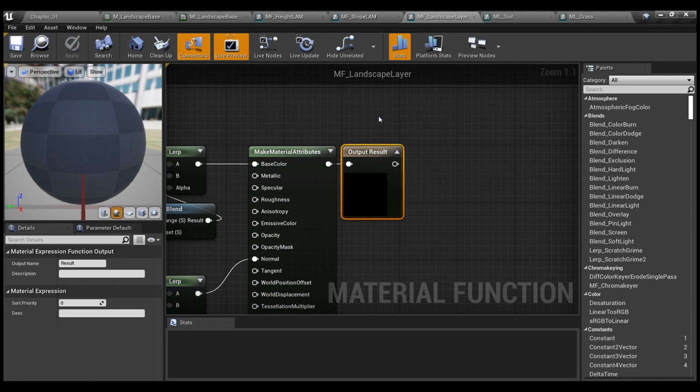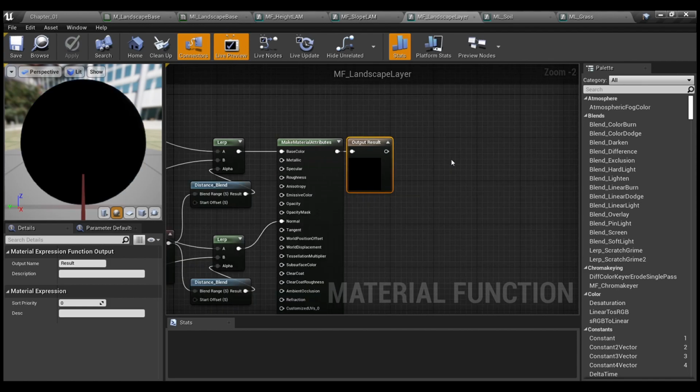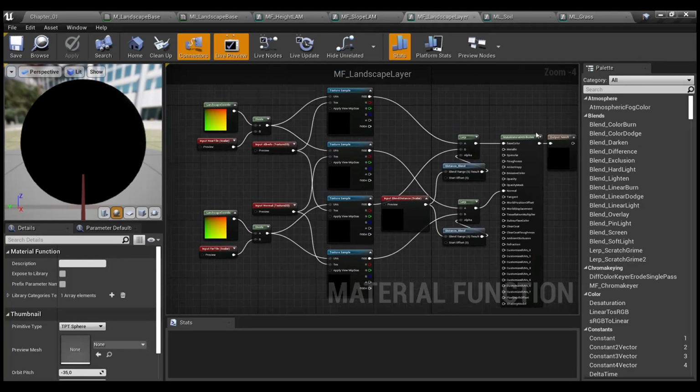Let's wait for shaders to compile, so the editor won't lag, and that's what we have here. Right now I have blending based on two attributes. It's the base color and normal map. Also, you can go with more elements here, like the displacement map and so on, but as I said, it's the basic feature. You can expand it yourself,